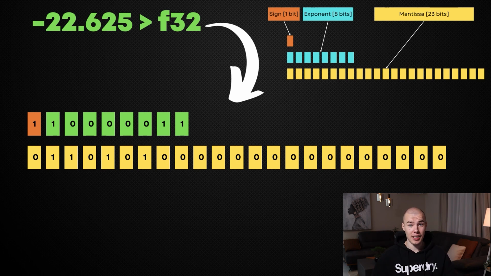So we are basically going to have 0 1 1 0 1 0 1. And after that, you just fill the rest of the Mantissa part with zeros, because there is nothing to put in there. And that, my friend, was everything about converting decimal number into its floating point